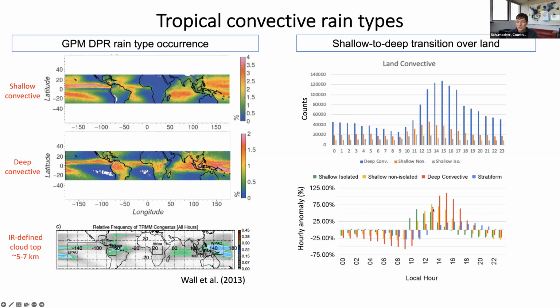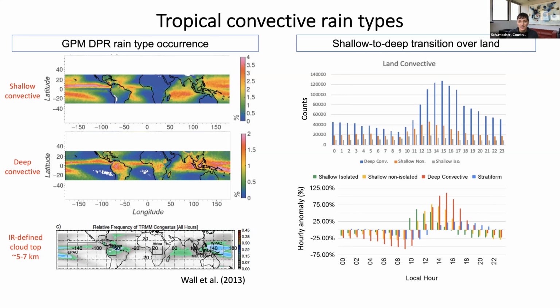But when you take the hourly anomaly, I think it's a little more interesting. There you can start looking at the transition, because we have that precessing orbit, and we can see the change in the diurnal cycle of these different types. You can see that it's the shallow isolated that kicks off early, before noon in an anomaly sense. Then you get your shallow non-isolated, and things are starting to grow and deepen. And then it's really not until about 5 or 6 o'clock in the afternoon, evening, that you get the deep